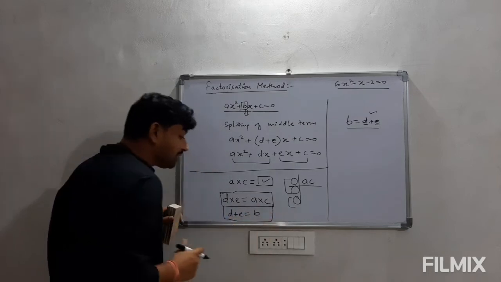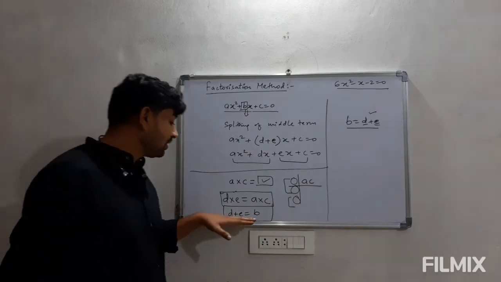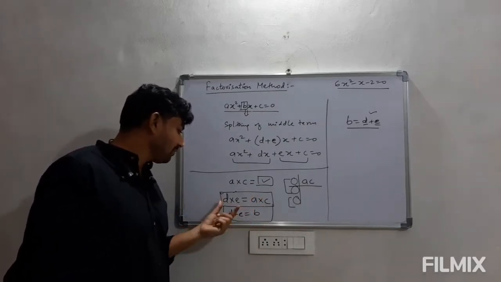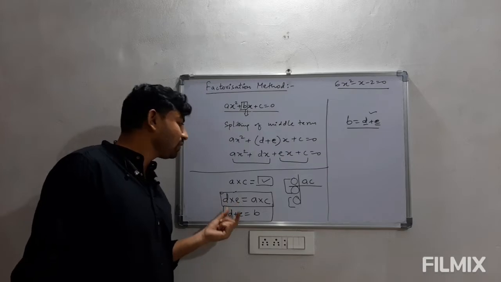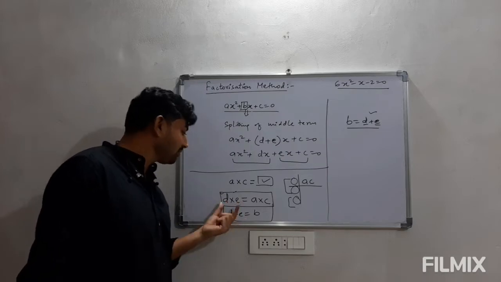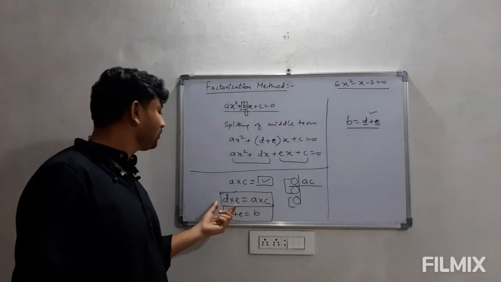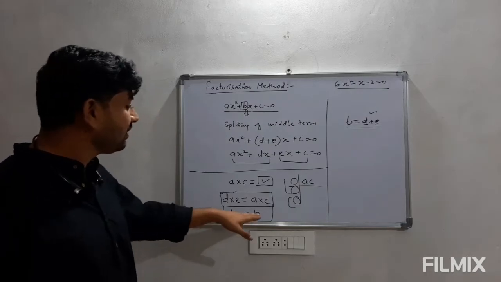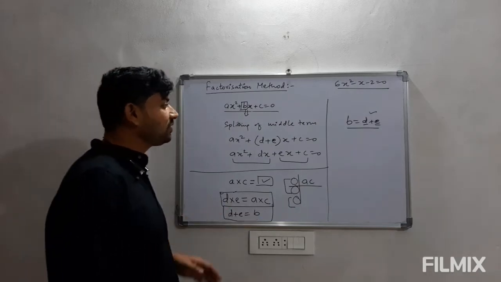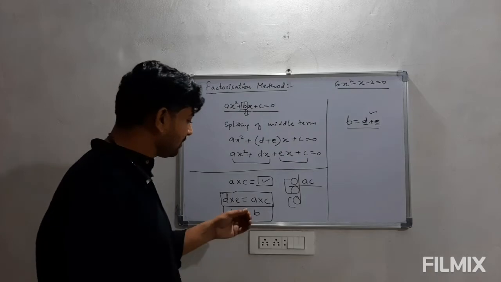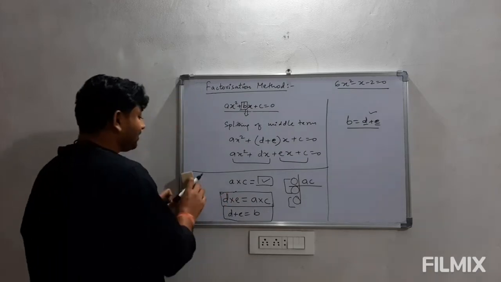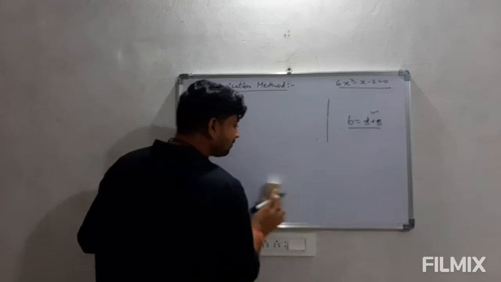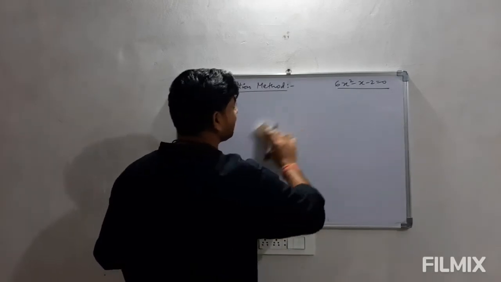Now the important part is we have to keep these things with sign, a, c and b. Then we have to check this also with sign. Suppose somewhere it is minus, then it should be minus there, so that we get the sum of d and e as b. So this is the whole process. Now I will explain this with an example. So let us start the factorization process. It is a very simple process.